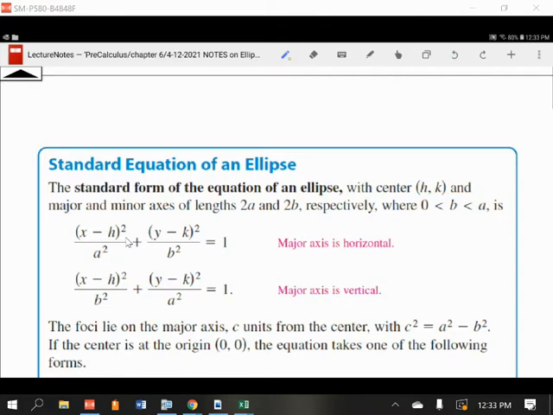There's some other information here, like the length of the major axis is 2a, the length of the minor axis is 2b. Then what do you know about the foci? Again, the center of the ellipse is (h, k). I said that earlier. Center comes from (h, k), just like it did for a circle. But then we go from the center A and B units in horizontal and vertical directions, depending on which way it goes. The foci,